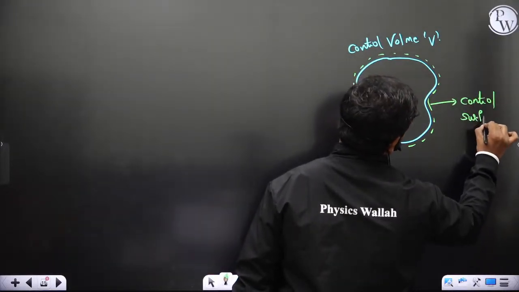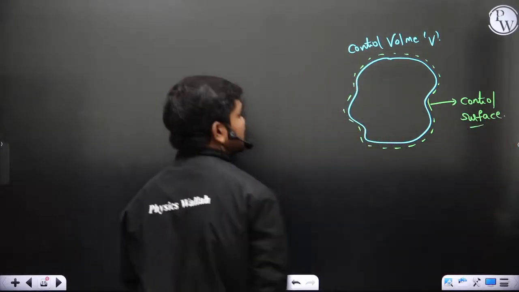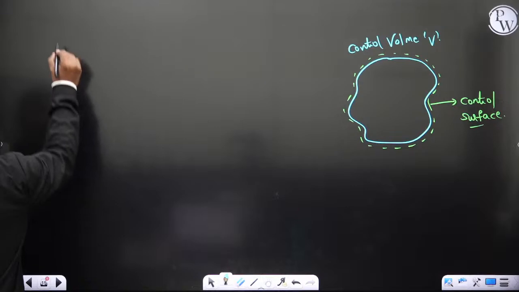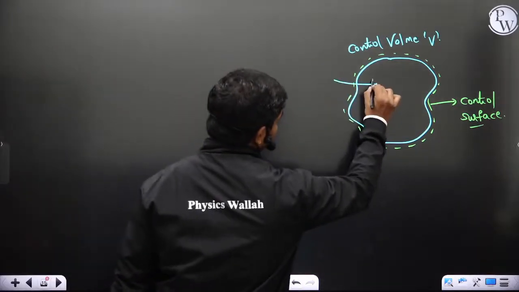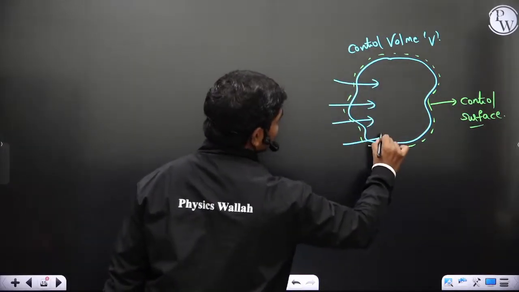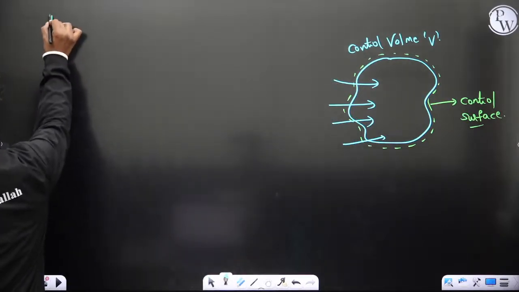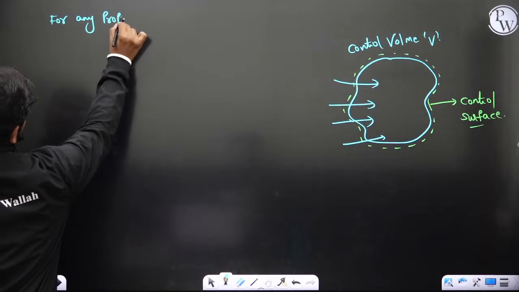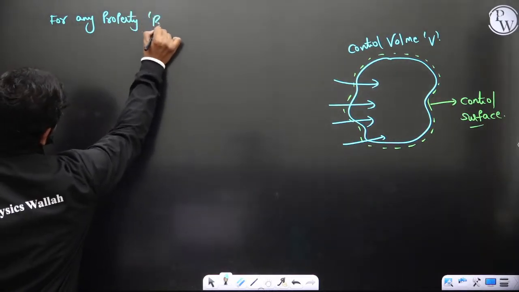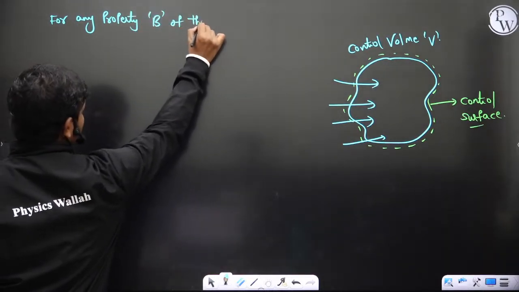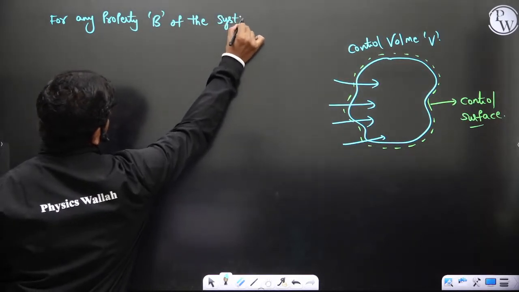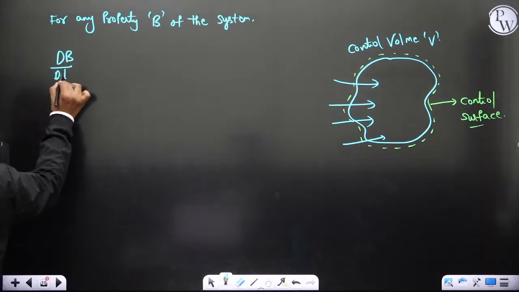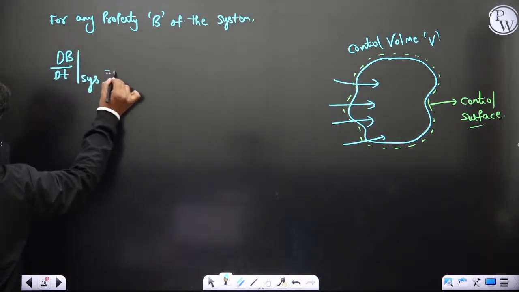Surface. Okay, so this is the control surface. Now if this is the control surface, then we can understand one thing. For any property B, let us suppose B is momentum or mass or angular momentum, anything which is going in. For any property B of the system, which is actually material, your dB/dt of the system is equal to